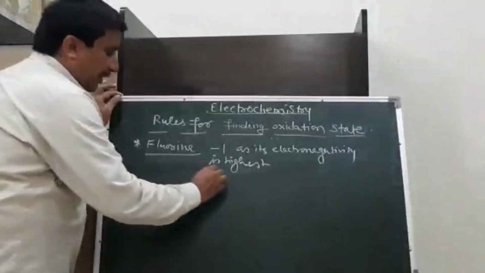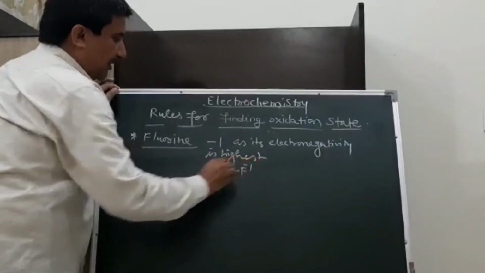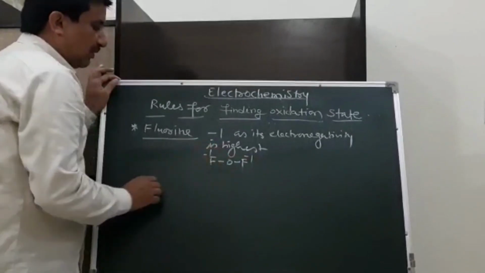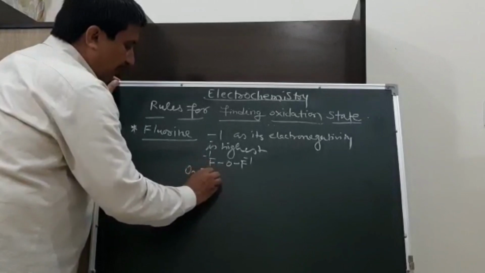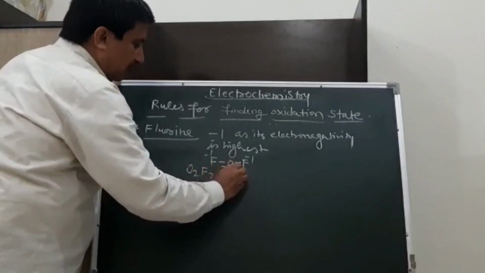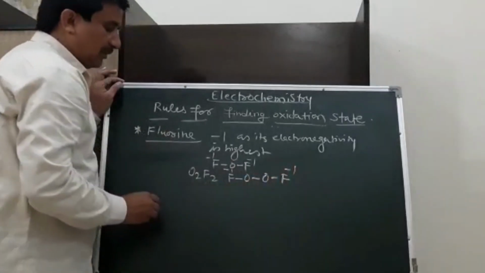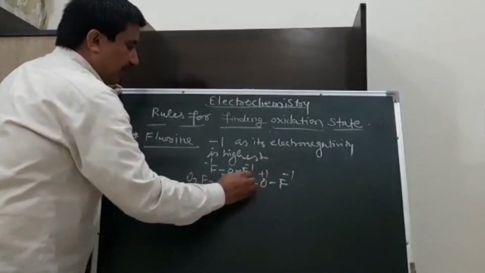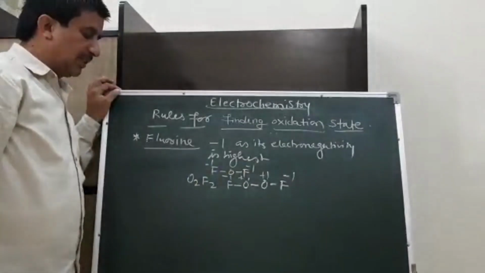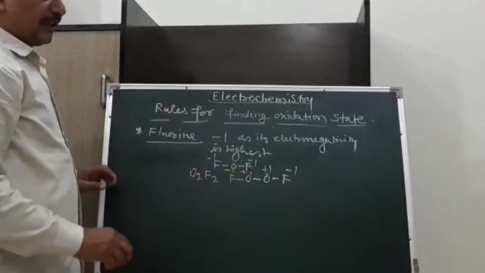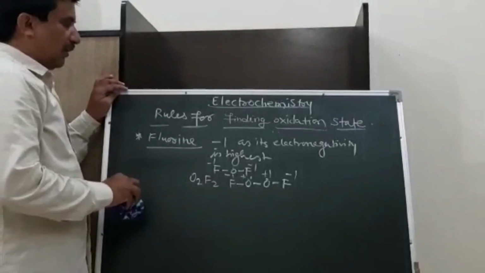The compound may be FOF. Here it is -1, again it is -1. Okay. Next compound is O2F2. Here F, again -1, oxygen and F, it is -1. So in this way we see that fluorine is showing an oxidation state of -1. So these are the rules which are followed for calculating or finding out the